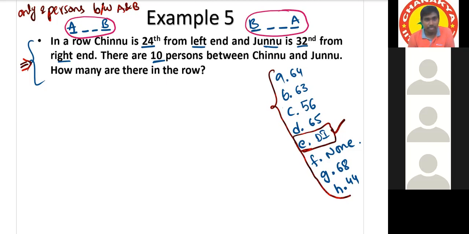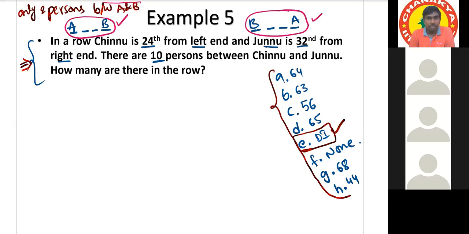Why? How are they different? Because one of them will be overlapping and one of them won't be. No, no. Tell for these two. If you take left hand as the reference point, then in the first case A is coming from the left hand side first. In the second case A is coming from the right hand side. See, in the first arrangement, A is to the left of B. Yes or no? Yes, sir. In the second arrangement, A is to the right of B. That's why these two are different arrangements.